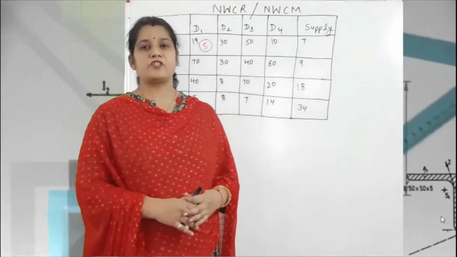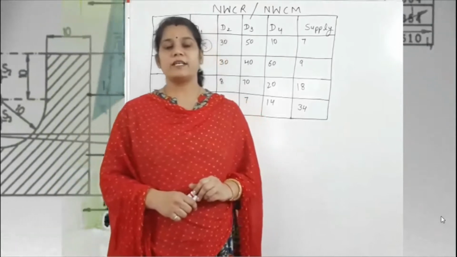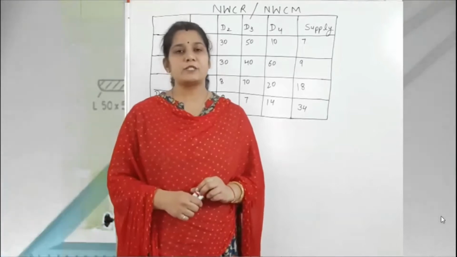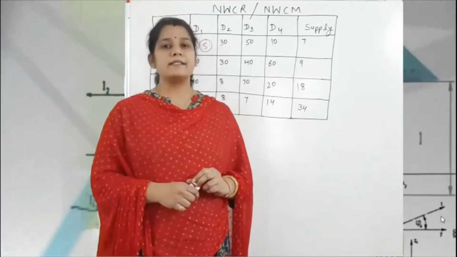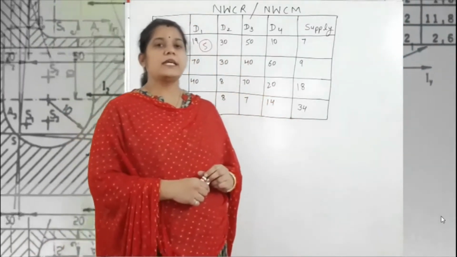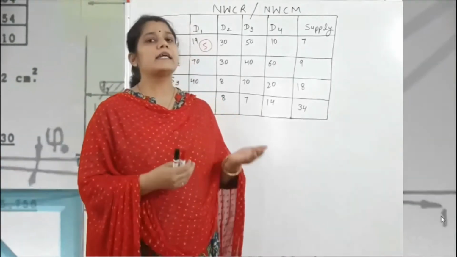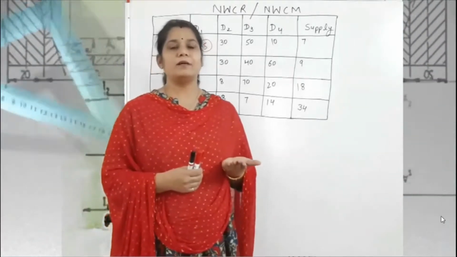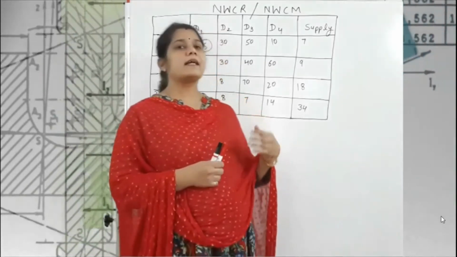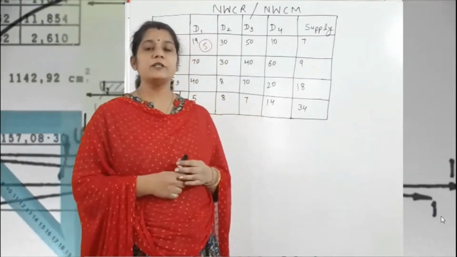I am going to tackle the lecture of chapter number 2, transportation and assignment. And the topic is transportation. In this chapter we have two types of transportation problem. First is the balanced transportation problem and the second is the unbalanced transportation problem. In the balanced transportation problem, if supply and demands are equal, then this type of problem is a balanced transportation problem. But in case our supply and demands are not equal, this type of problem is an unbalanced transportation problem.